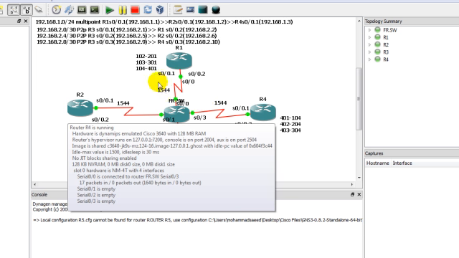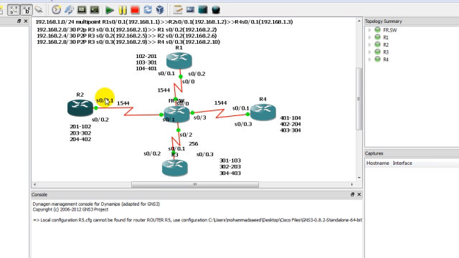Because they have the highest bandwidth, so I want to share this bandwidth between them with multi-point, with serial 0/0.1 connecting to serial 0/0.1 of router 2, and serial 0/0.1 of router 2 connecting to serial 0/0.1 of router 4, with network address